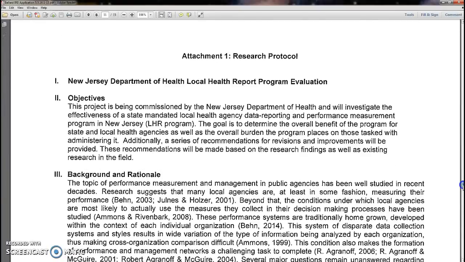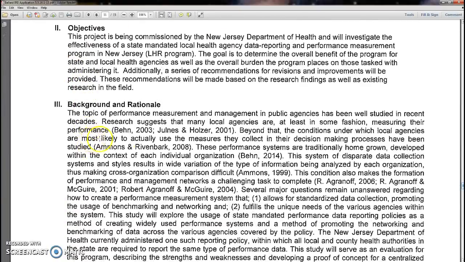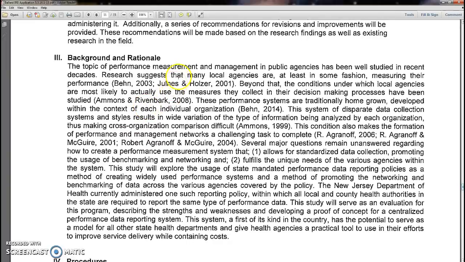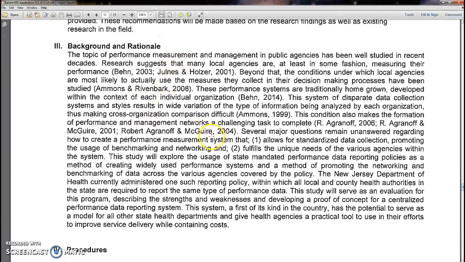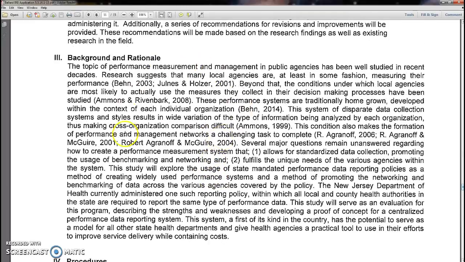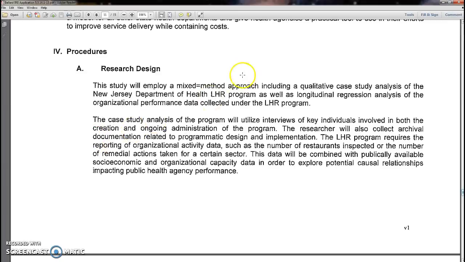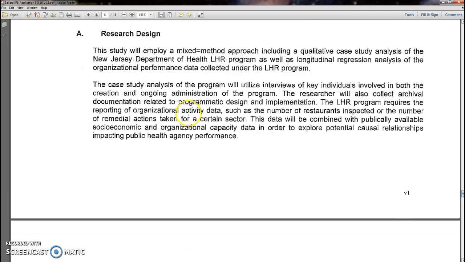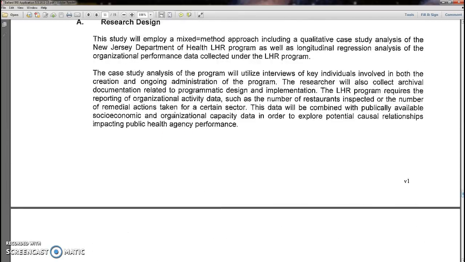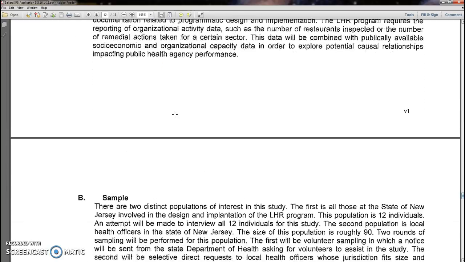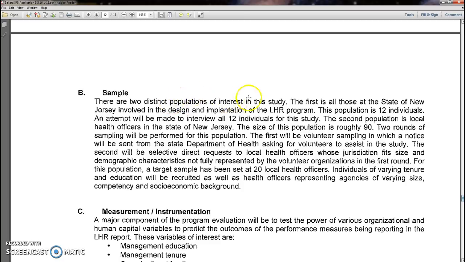So here's a research protocol. I just have the objectives of it, the background and rationale. The background and rationale should have citations. What is the reason why this is important? Almost like your introduction. Then your procedures. This is your research design, mixed method approach, and qualitative case study analysis. So your basic, very simple, concise, truncated research design and protocols, sampling 2 distinct populations,